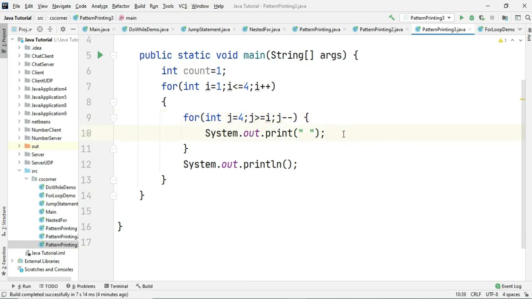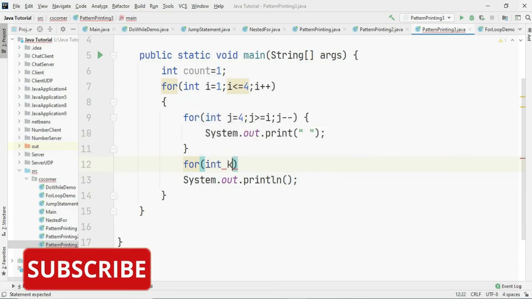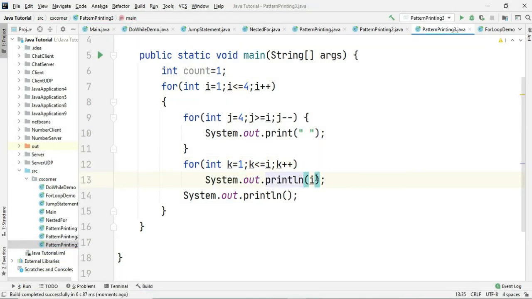And then after printing this, I have to print my value of i also. So again I'm going to run one for loop for int k equal to 1; k less than or equal to i; k plus plus. So in sout, what we have to do, we have to print the value of i variable and remove this ln.